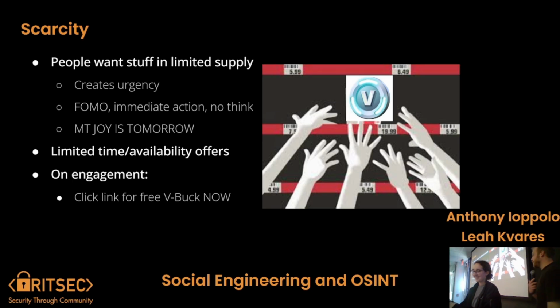So a little bit like social proof, people want stuff that's in short supply. So you're creating urgency. This is another thing, the time constraints where you're building rapport. This is something that you can exploit pretty well. People don't want to miss out on things. They don't have time to think, actually. They're going to immediately act. And a lot of the time that's wrong, if you can shape that in the right direction.